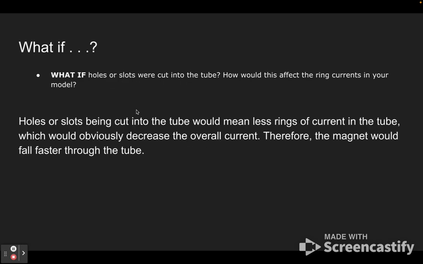And then the other what if question: what if holes or slots were cut into the tube? How would this affect the rings of current in your model? So if holes or slots were cut into the tube, this would mean fewer rings of current in the tube, which would obviously cause a decrease in the overall current. So therefore the magnet would fall faster through the tube, so our average time would be